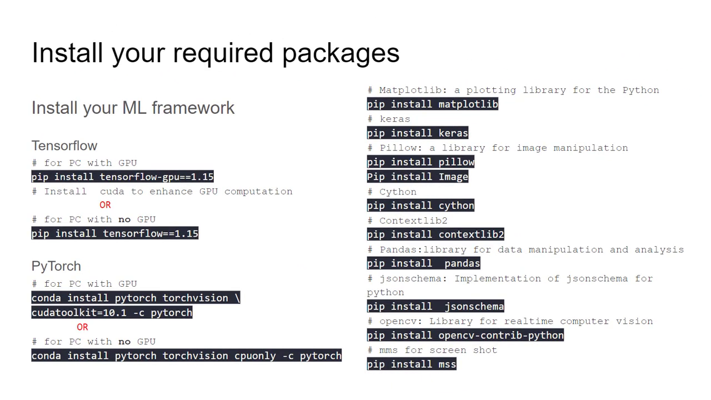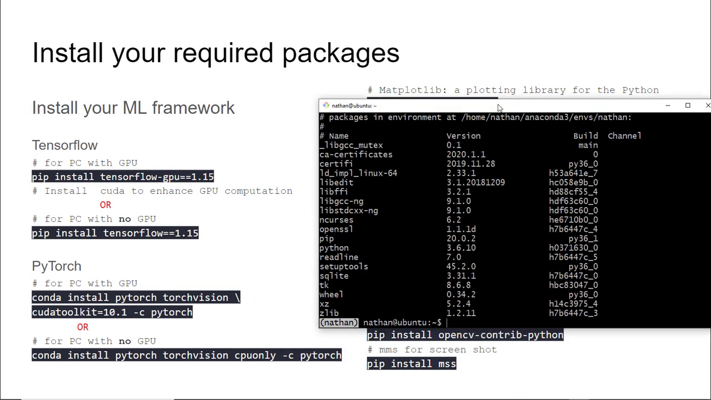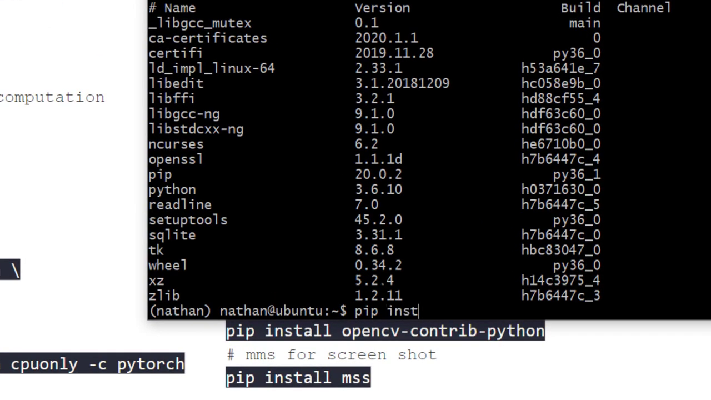So let's move forward and install TensorFlow first before seeing how we can install PyTorch. Since I have a GPU on my PC, I will use this command right here. I will use pip. Remember that pip is a package that already comes when I created my environment called Nathan. It comes with the pip package, so I can use pip directly. Pip install